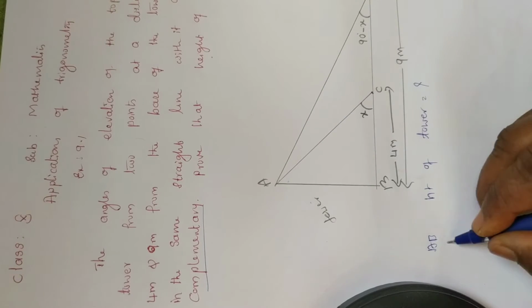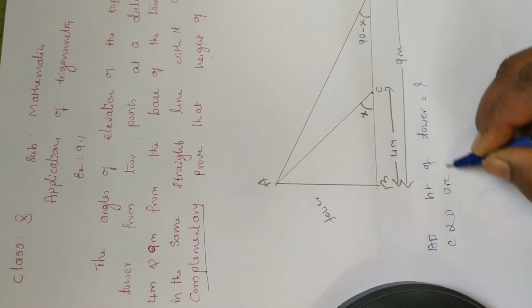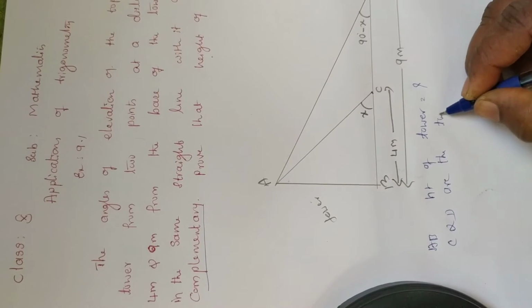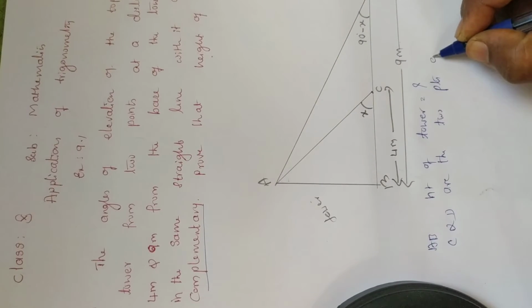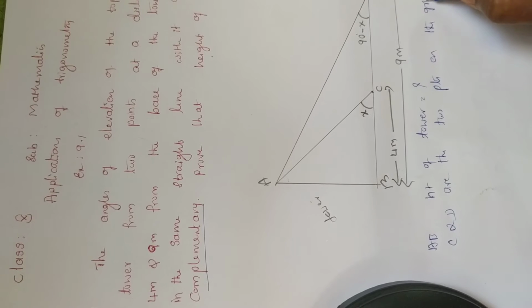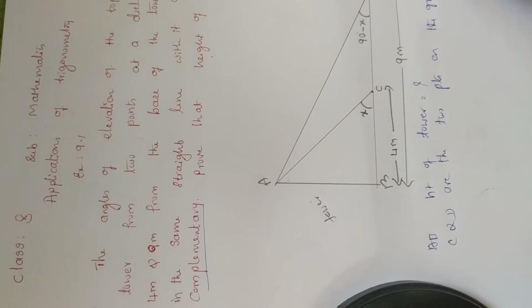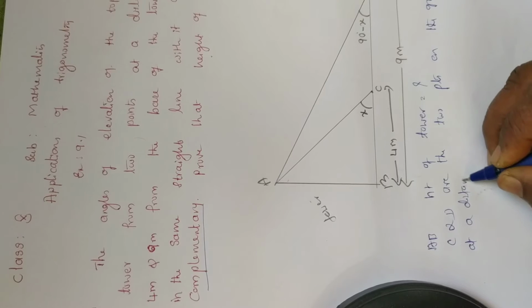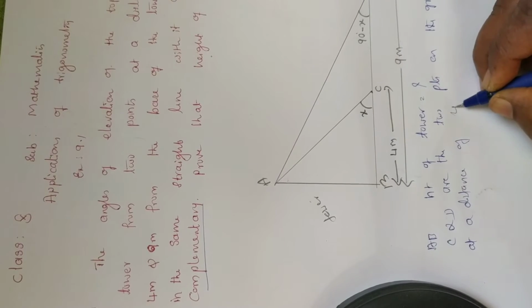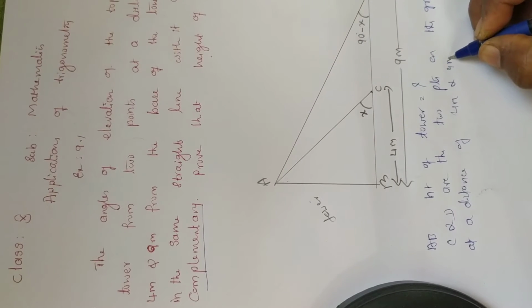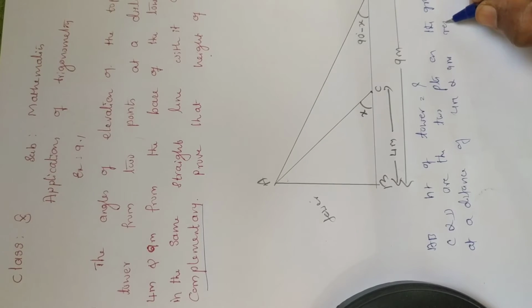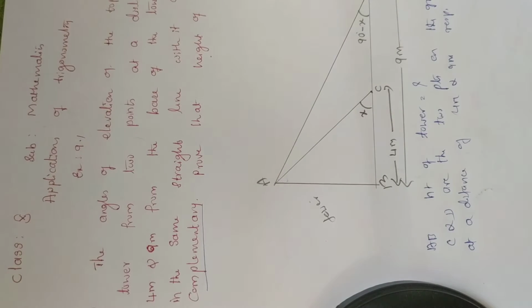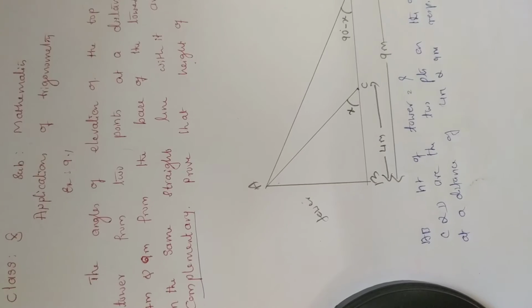AB is the height of the tower which we have to calculate. Next, C and D are the 2 points on the ground, keeping at a distance of 4 meter and 9 meter respectively. So according to the question,